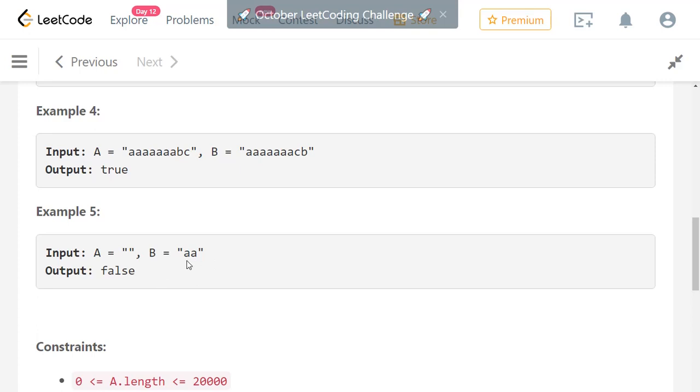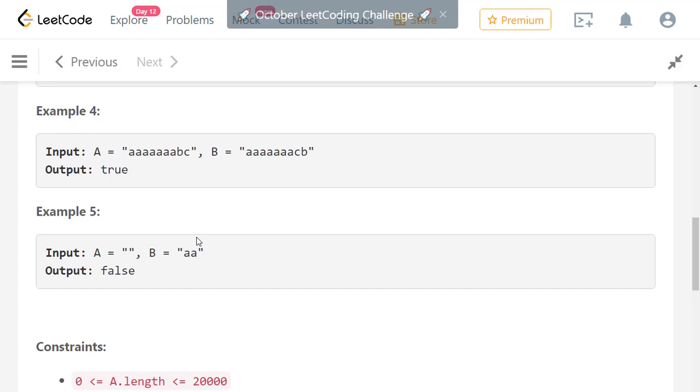So basically, there are three cases here. The first one is if the string size is not equal. When the size is not equal, we cannot make a buddy string, so we can straight away return false. The second case is where you have two strings of the same size, and they are exactly equal. In this case, there are again two cases. When all the characters in the string are different, we cannot make a buddy string, so we have to return false. When there is at least one duplicate character, we can swap the duplicate characters and still generate the same string.